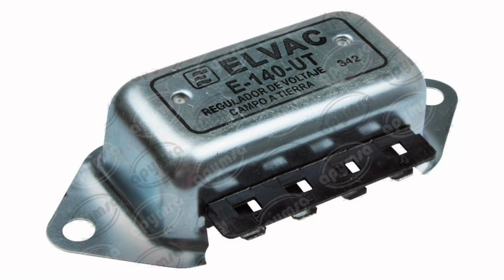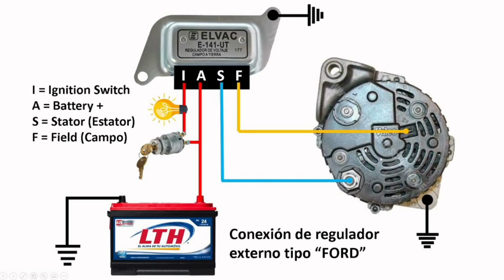3. Voltage regulator. This component controls the amount of current that flows through the rotor, which in turn controls the amount of voltage that is generated in the stator. The voltage regulator ensures that the current produced by the alternator is adequate to charge the battery, without overcharging or